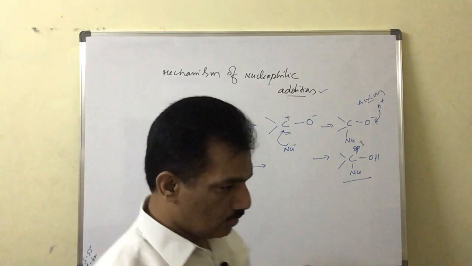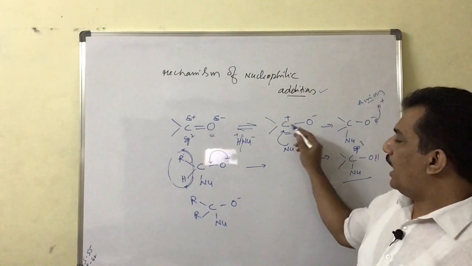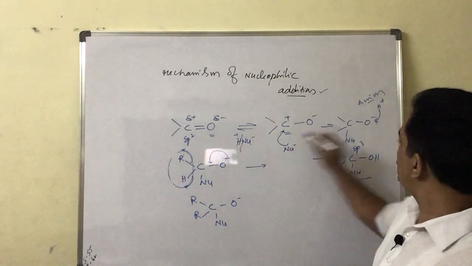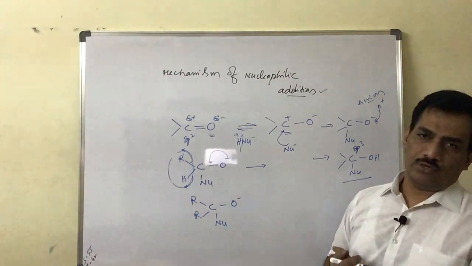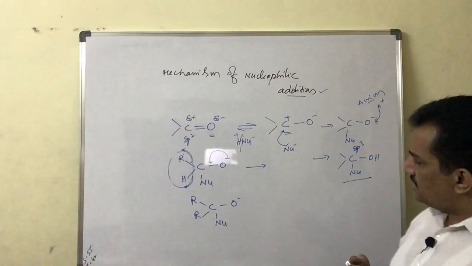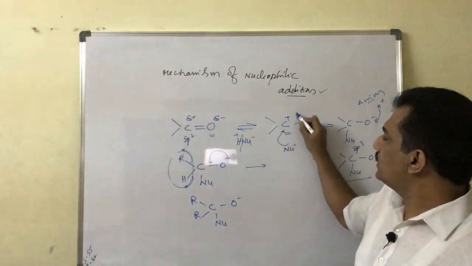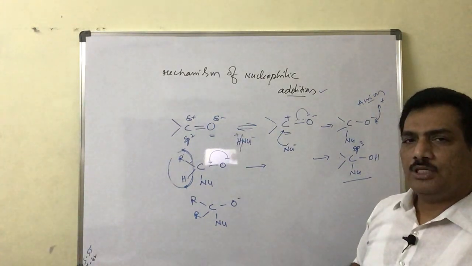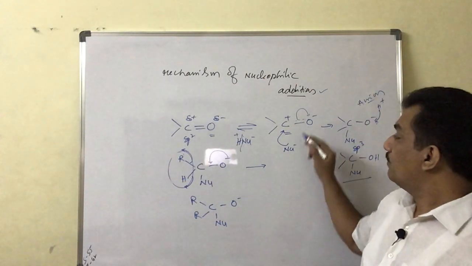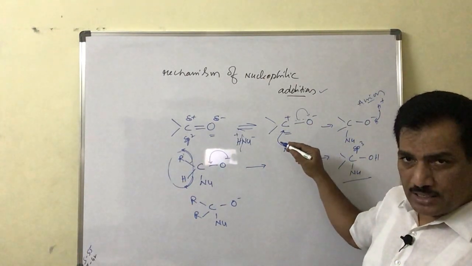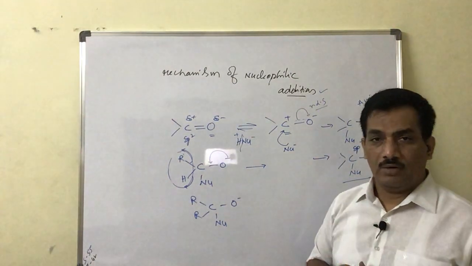Okay, and now one more doubt is not yet cleared. When the nucleophile is attacking and the electrophile, H plus, is also attacking, both are attacking, but still it is considered nucleophilic addition. Why? Simple, the reason is that when the nucleophile attacks, only then the bond gets shifted. That means during the nucleophilic attack, bond breaking takes place, and hence that reaction where bond breaking takes place is the rate determining step. I think now you know what is happening.